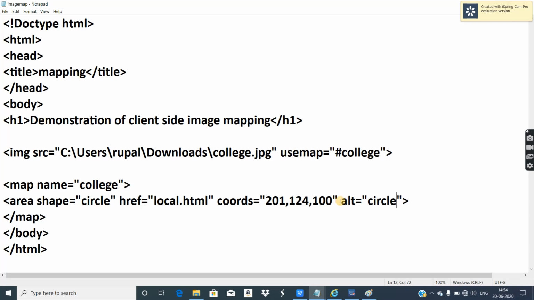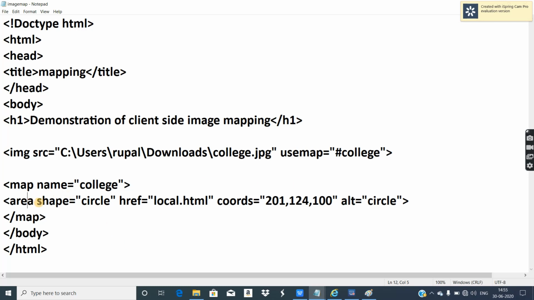In previous versions of browsers, when you hover your mouse on the hotspot, the alt text used to appear as tooltip text for some seconds. That used to suggest that in this position a hotspot has been created, you can click. But in the latest browsers, the alt value is not shown as a tooltip text, but fine, this is also an attribute you have to remember and you can use.